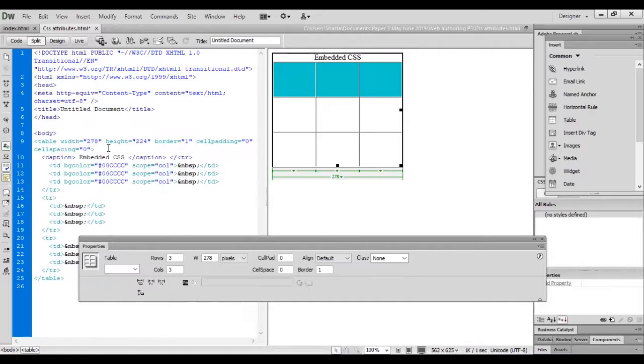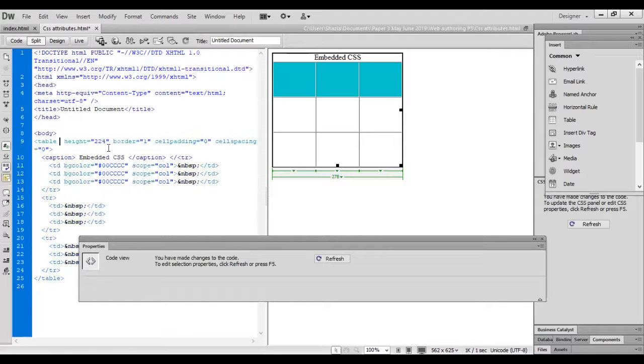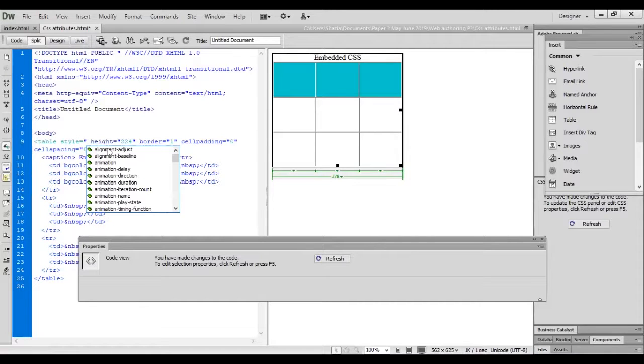I want to use my embedded CSS styles. Suppose I'm going to use an internal style. So just go and type here style. My internal style is equal to, and as I click on the inverted comma, it comes up with many things.